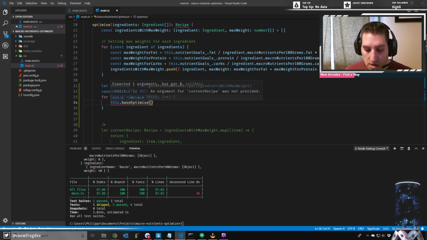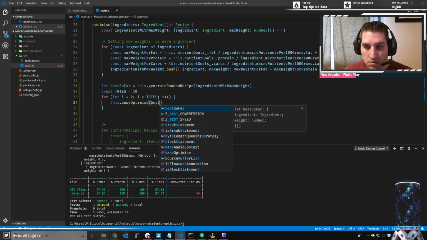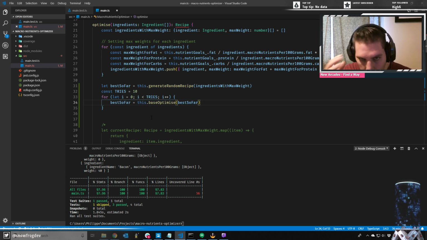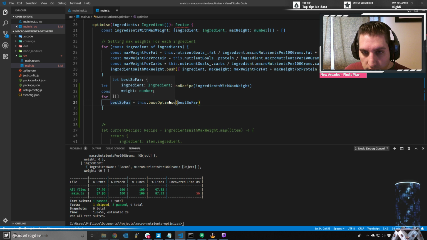Now we're doing that. Throw in the best so far. Best so far is going to become that. Oh no, see, this is where it doesn't work. Because once we run this once, we need to generate